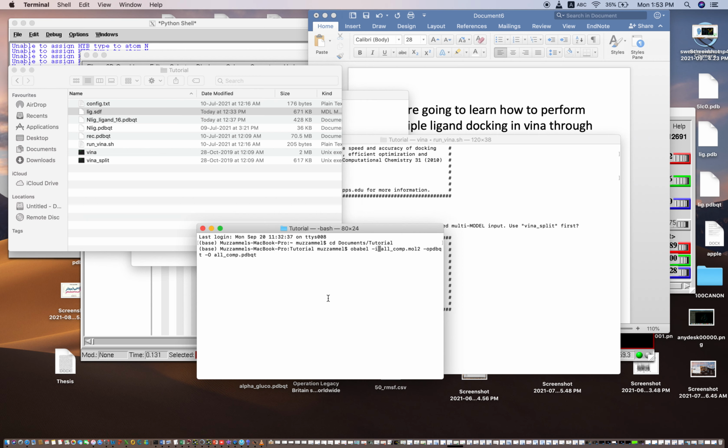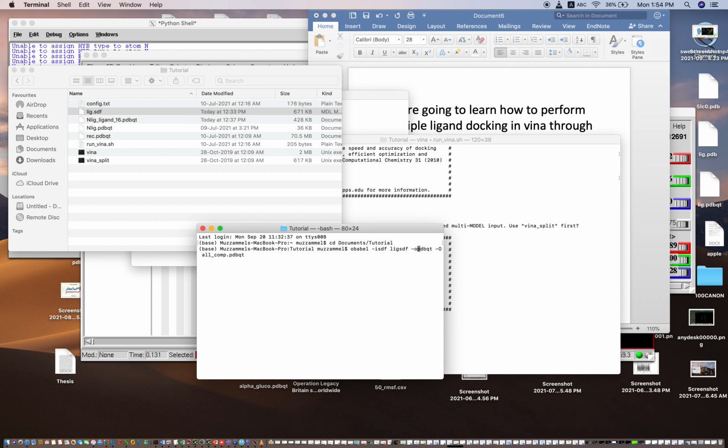So you will have to give the input format in which you have the library. I will type sdf, and then the name of the file. The name of the file in our case is lig.sdf.